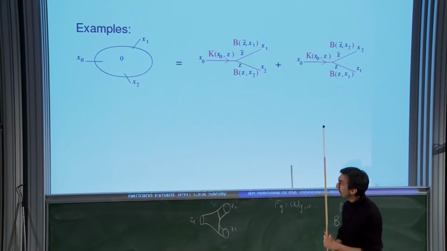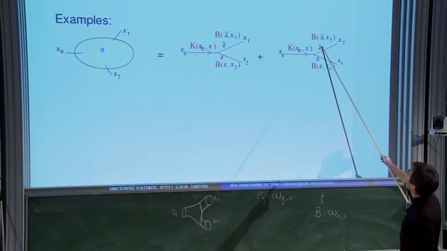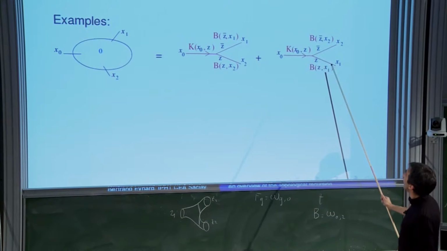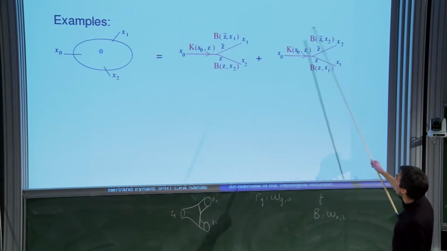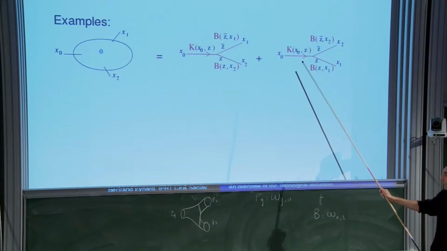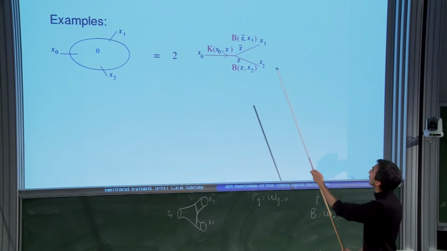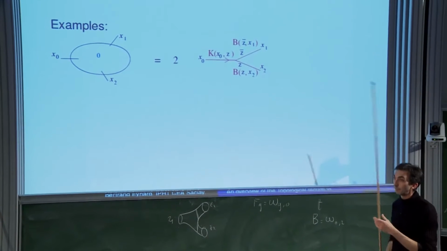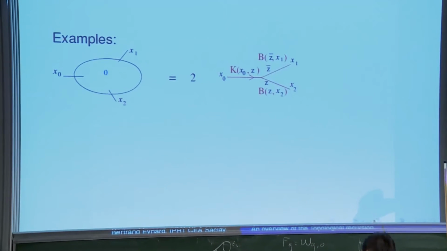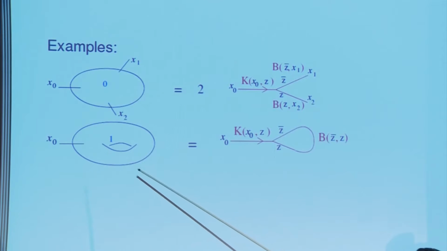And there is a nice property: there is a symmetry between z and z bar. Those two quantities, which represent a certain residue, a certain integral, have the same value in the end. So you could just say it is twice that one when you compute. Let me do another one. Let me do omega 1,1.